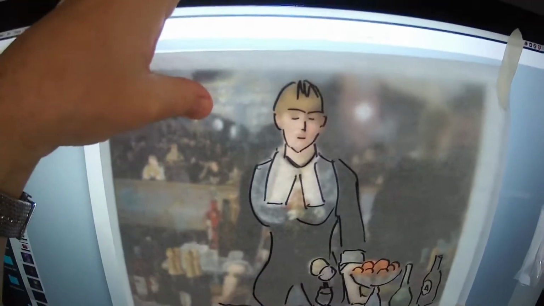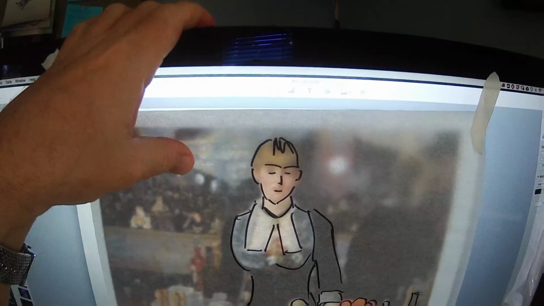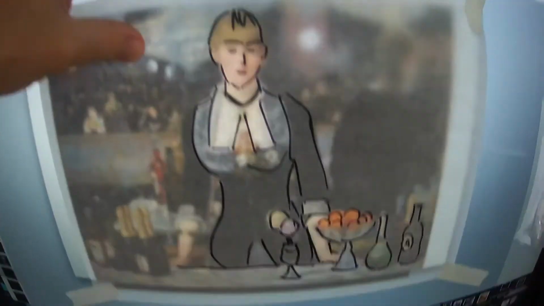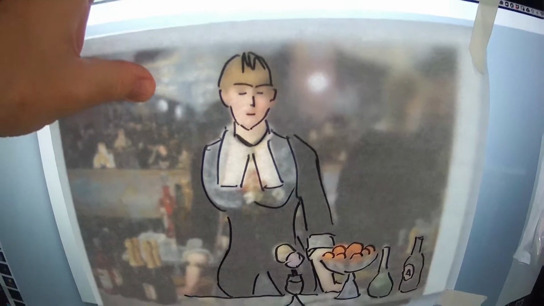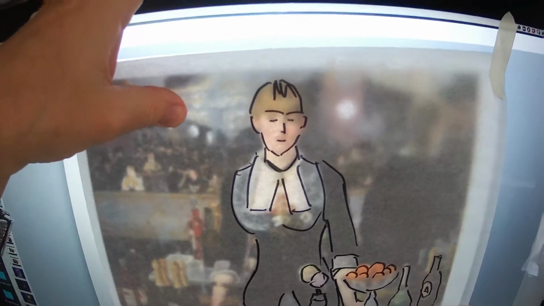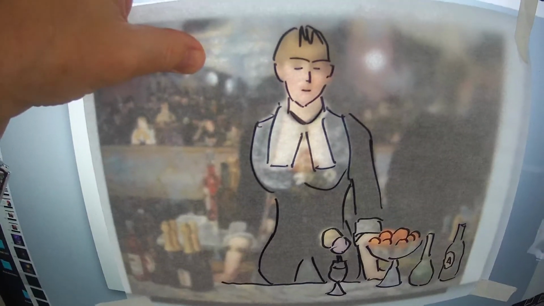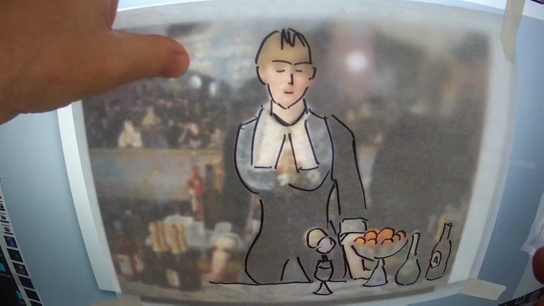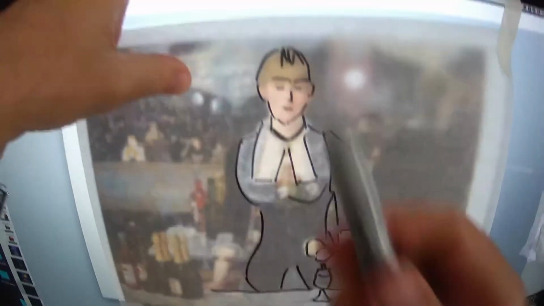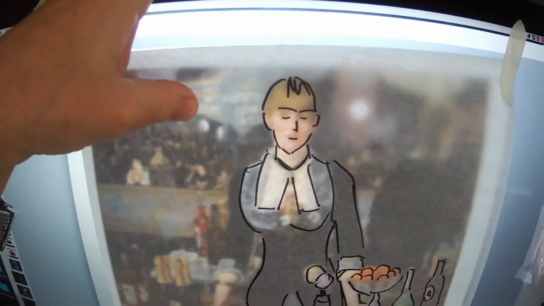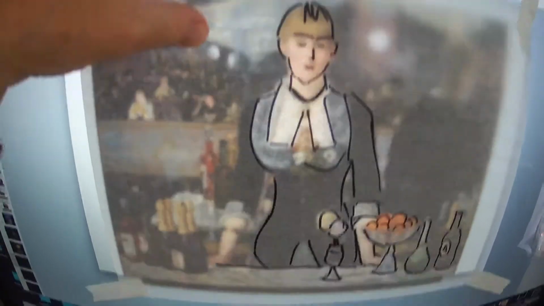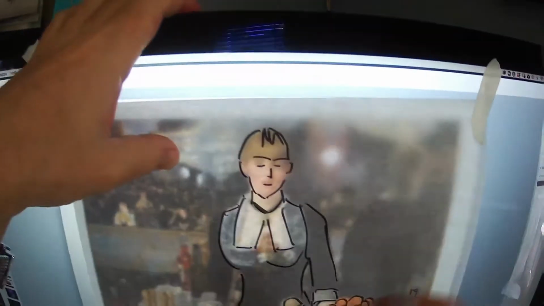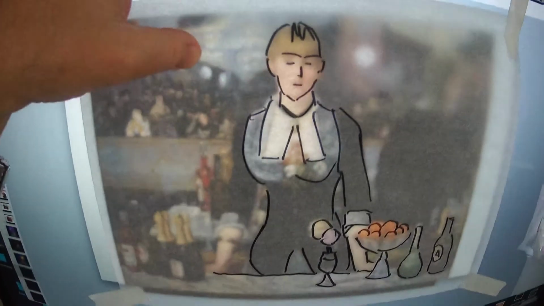I think most of the class was doing work digitally the last time I did the graphite transfer, but everybody is painting this assignment this time. So for those of you that either didn't see it, didn't pay attention, or don't remember it, I'm just going to do a quick little graphite transfer demo after this. But I just want to point out, you want to tape it to the screen, make it 7.5 by 10, use your Sharpie. I just think they're easier. I mean, you can use anything you want, but I just find the Sharpie works best when you're doing a graphite transfer. And try to get as much of the general information blocked out,